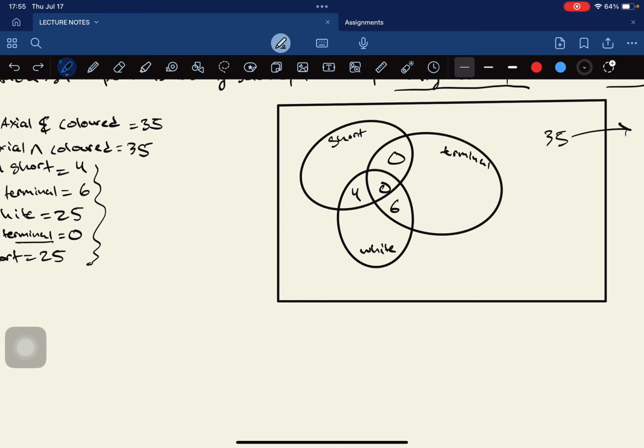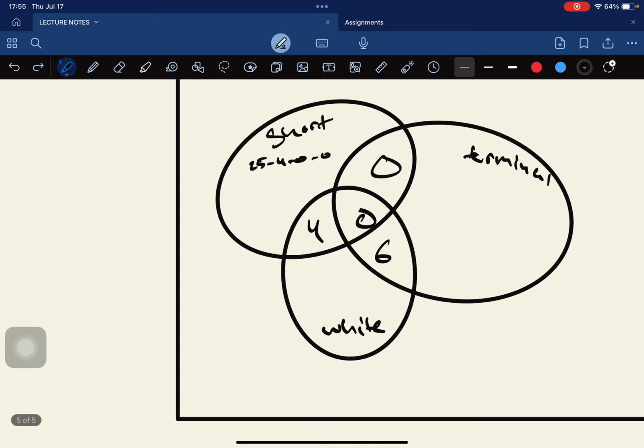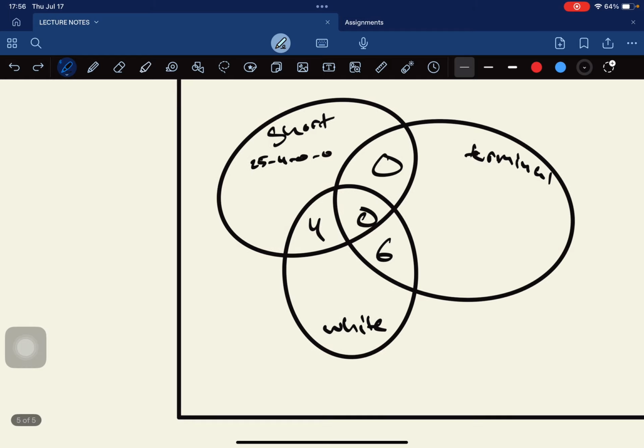So it would be 25 minus 4 from this, and this. That's it, not 6. Because 6 is white and terminal, so why would we subtract this part for short? I'm sorry about that. So that would equal 21,